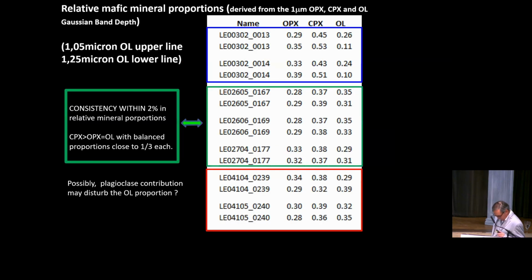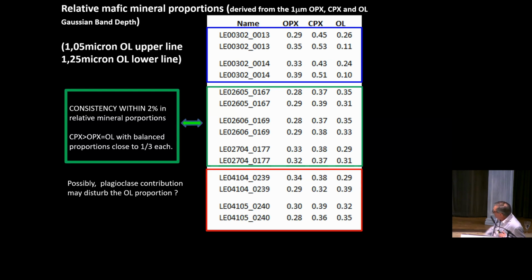So from all of this work, if you use the absorption depth or the Gaussian band depth that you get for the different minerals that I characterize, you can get an idea of the relative mafic mineral proportions. And that's what I show you here. I've been considering two cases, either the 1.05 micron olivine band, that's the upper line each time that you see in the table, and the lower line has been derived from the 1.25 micron band depth. So I will not comment too much